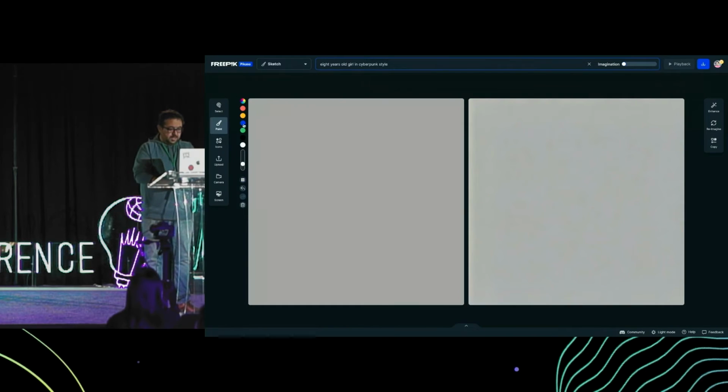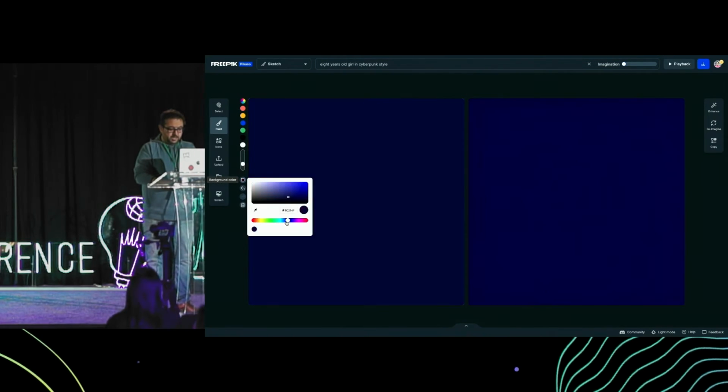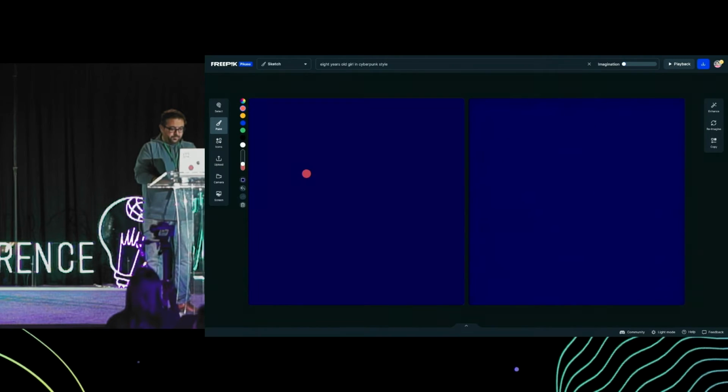Now I'm going to start illustrating. I'm going to change the color to purple. As you can see, I'm drawing very, very basic, a very basic strawman drawing here.